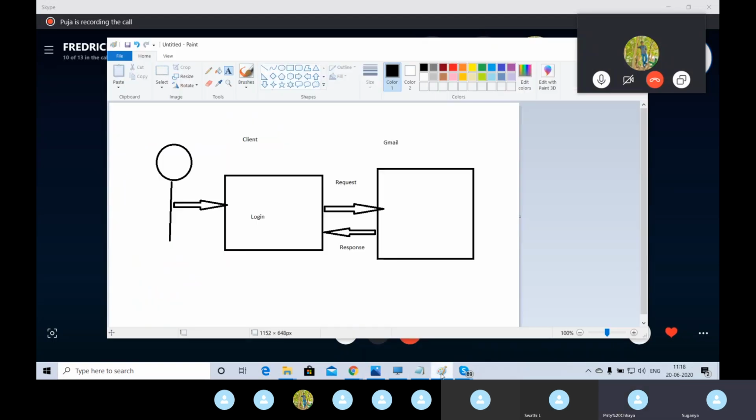So we are seeing about this client and server flow, right? Actually we will trigger the request through the browser. Browser only will give the request to the server and server will provide the response to the client. You got it, guys? So how will this transaction happen? The request is triggering to the server and we are getting the response from the server. This flow is getting transmitted between the client and the server, right?